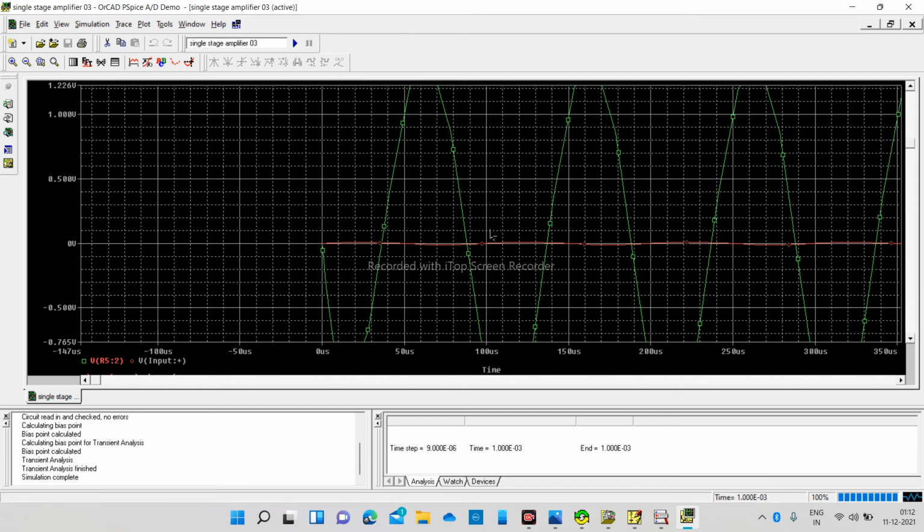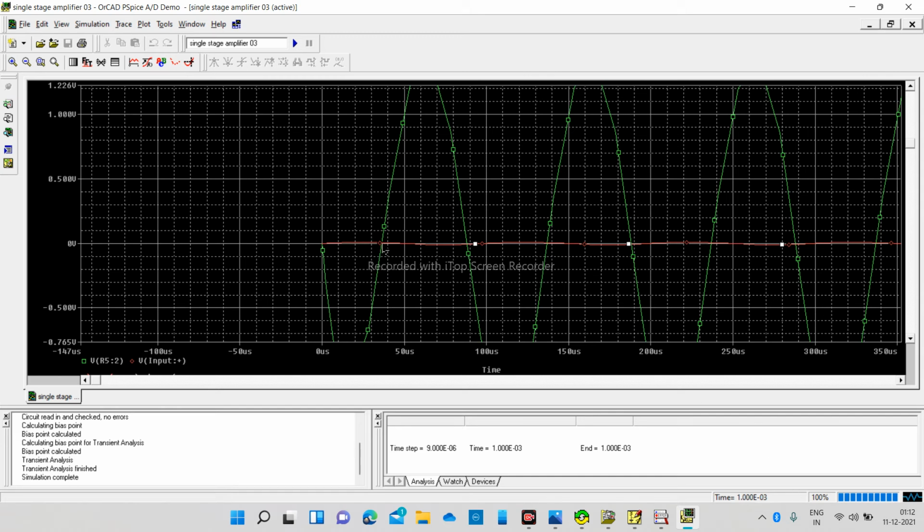As you can see when you zoom in, our input was 10 millivolt.